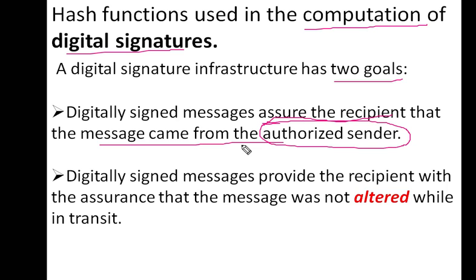And the second one is to provide the recipient with assurance that the message was not altered, means not changed while transferring. So these two goals we have. It's mandatory to understand digital signature.